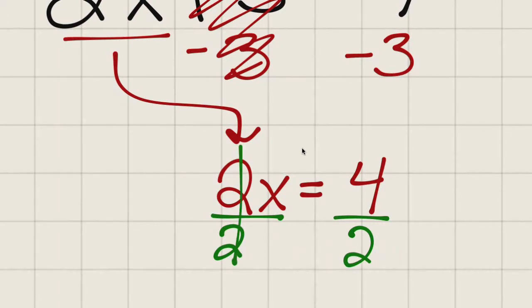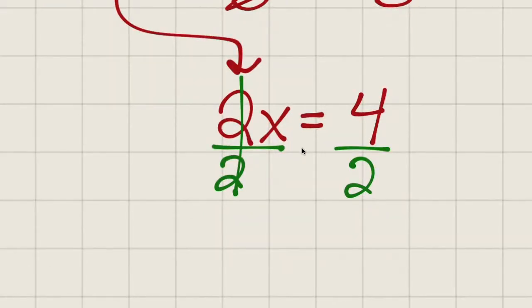The 2's cancel. Really what they do is they become 1. 2 over 2 is 1. But we don't really have to write 1, so we just say it cancels. It's not really going away. It's just changing form and kind of becoming hidden. So the 2 over 2 is really 1. 1's there. It's not 0. That would totally eliminate everything. It's a 1, but we don't have to write it, so we say it cancels. It's kind of a tricky term. So the 2's go away. They cancel. Okay. And we're left with x equals 4 divided by 2, which is